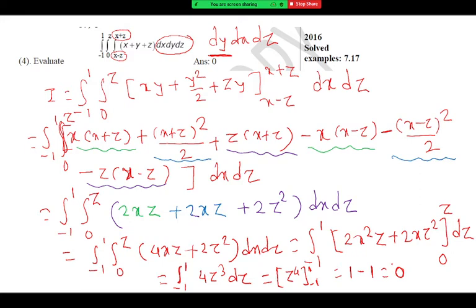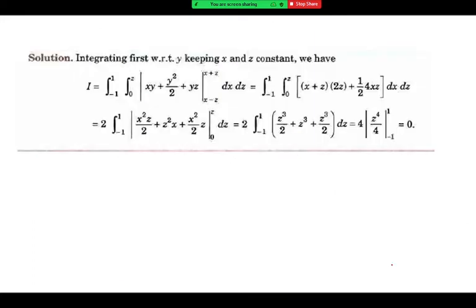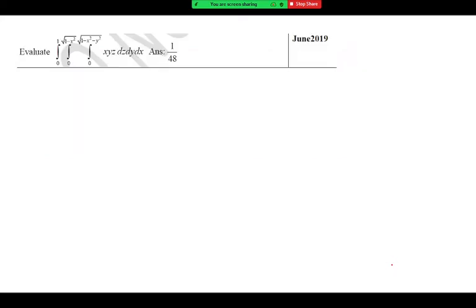What about example 2 here? If you have done this, tell me, and we will move to the next question then. Yes, sir, done. Done? Okay. So I will take the third question here. This is the solution that is in the book. The question number 3 is on the screen.